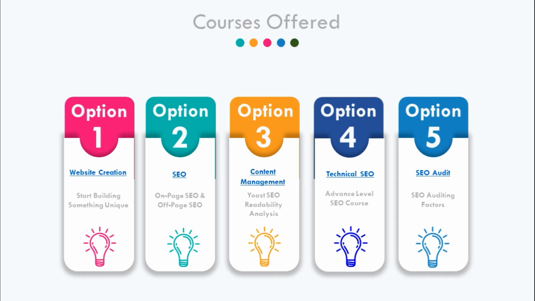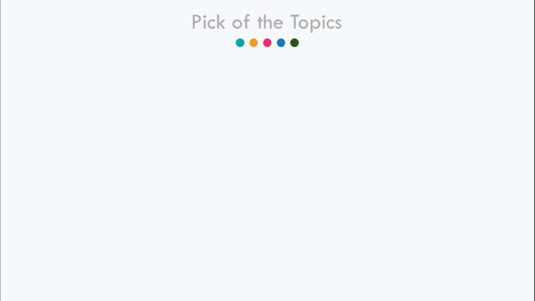Now, what we offer. Our syllabus is basically categorized into 5 portions. First one is how to create a website. Second is SEO, how to do SEO. How to write effective content. Are there any technicalities involved around SEO? How to do an SEO audit. How to check whether my website is SEO friendly or not. We're going to cover each and everything possible. First is how to create a website, and how to build a strong website via on-page SEO factors.